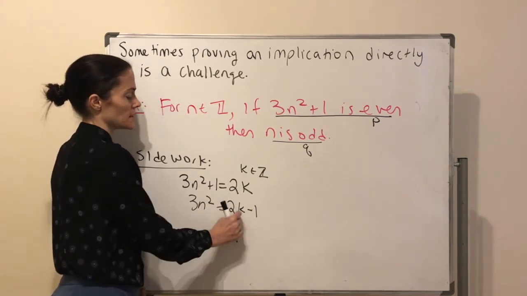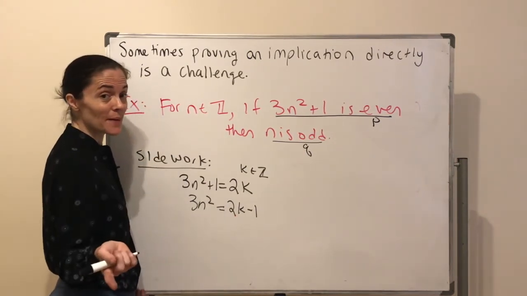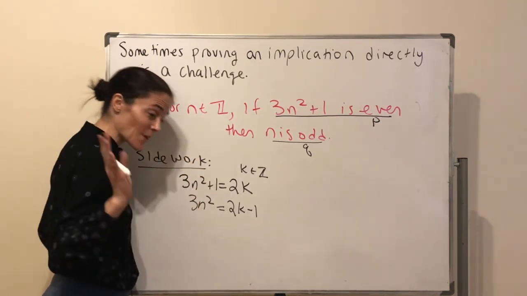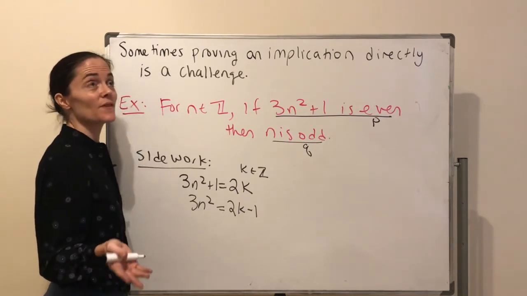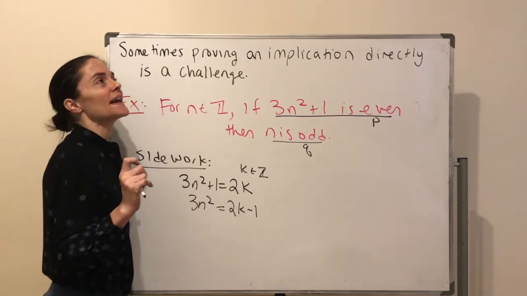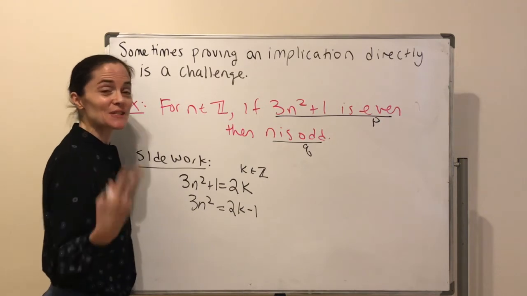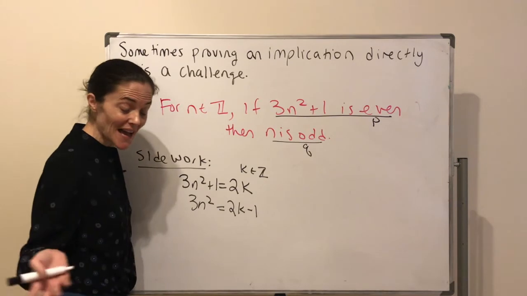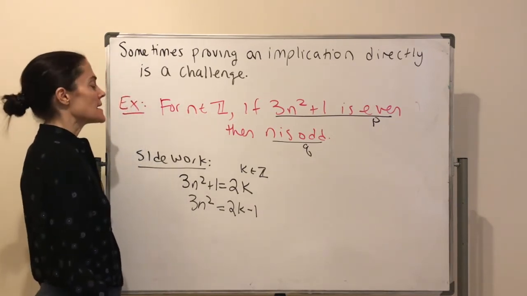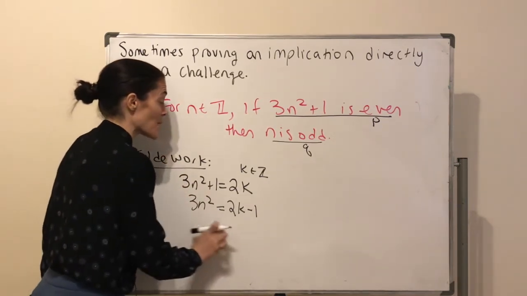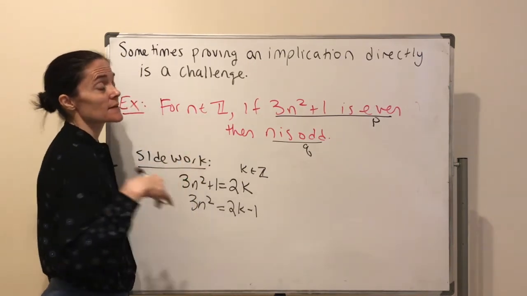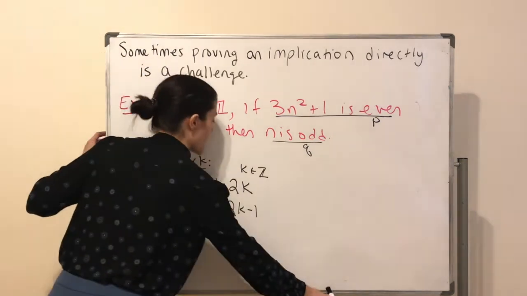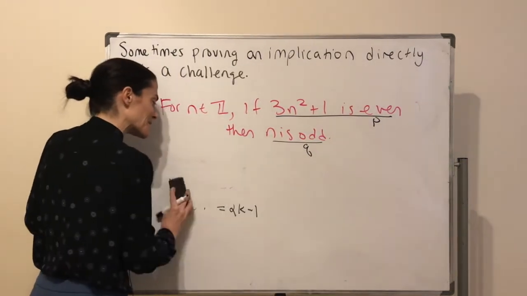You might think divide by 3. This is a problem, but even that, there's more problems than that because I have n squared. And to get n, it will involve taking a square root. And if you take a square root, there's no guarantee the square root of an integer is an integer. Square root of 5 is not an integer, for example. So just thinking about my side work of trying to prove this directly, I realize this is going to be a challenge. Okay, well, let me erase my side work, and